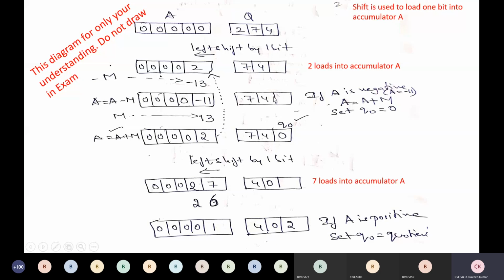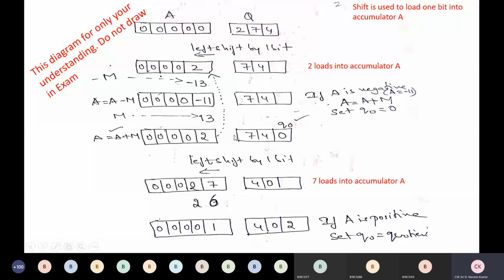We consider this as Q0. So Q0, Q1, Q2; this is the Q0 bit. This needs to be filled with the quotient. Whatever bit we have here, the sign bit generally in binary format, that we will fill here. At the moment we will fill it with 0, Q0. Next, the restore option: when we add 13, we get 2. We got back into the previous state, the same thing.